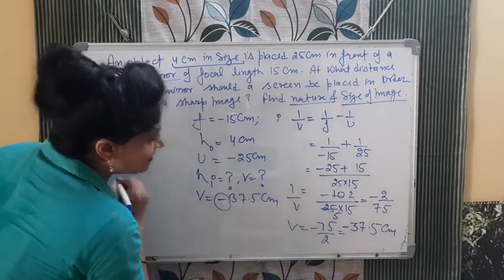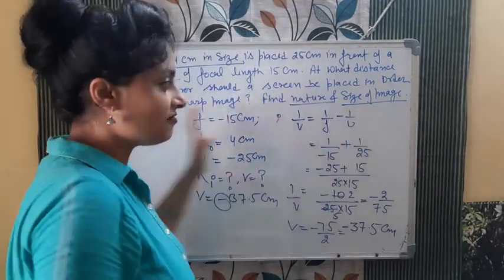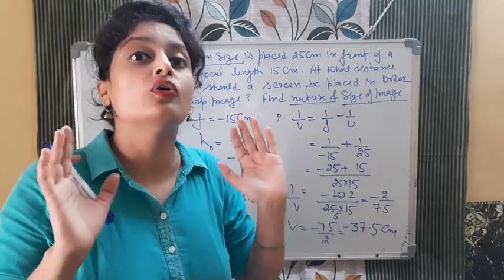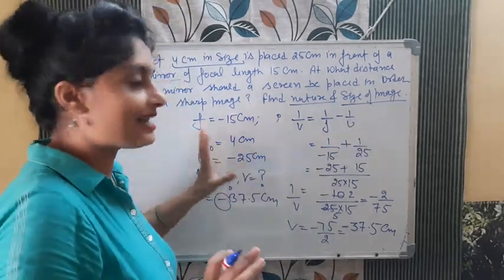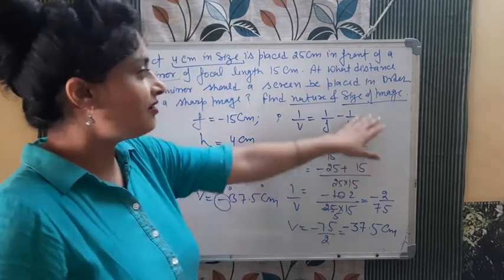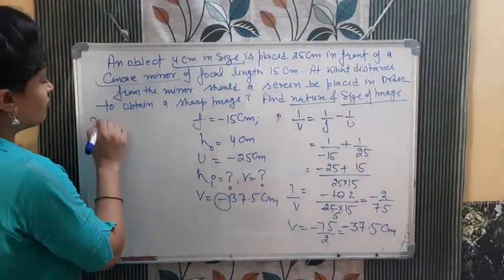See the sign, it is negative, and if v is negative, it means it is in front of the mirror, this side, and in case of the concave mirror, it will be in this side, so it will be negative sign, real inverted image. ठीक है? Now we need to calculate size of the image. So size of image कैसे निकालेंगे? Again बच्चा formula क्या है?